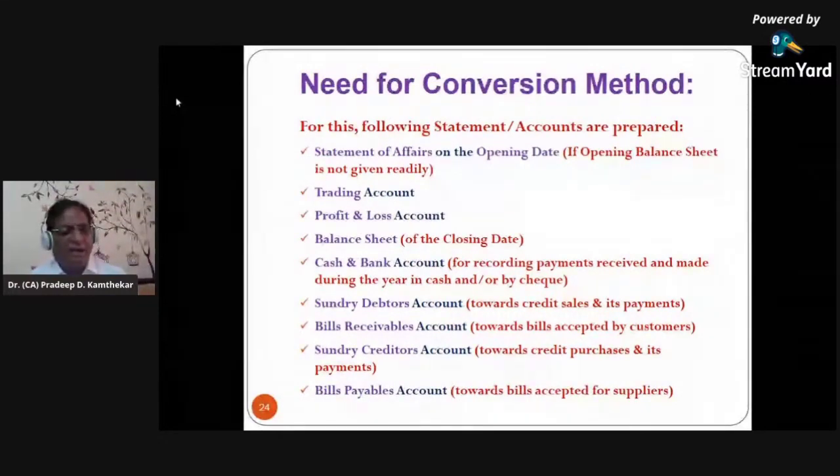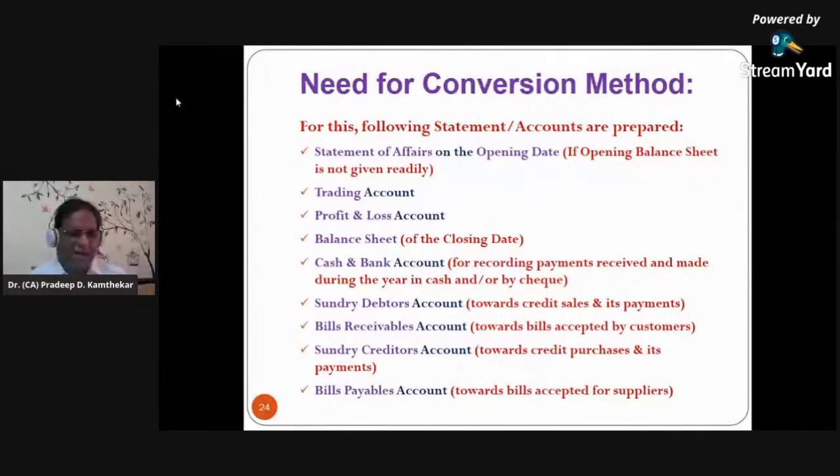Again, we have the debtors account, something new, very interesting and very simple to understand, where you have to understand each and every entry. Friends, one thing you have to understand in accountancy: accountancy is the simplest paper on this earth because it has only two things, debit and credit. And if you understand debit and credit, I think any accounting topic, any accounting course and career for that matter will be very easy for you.